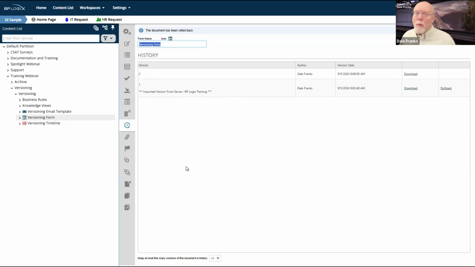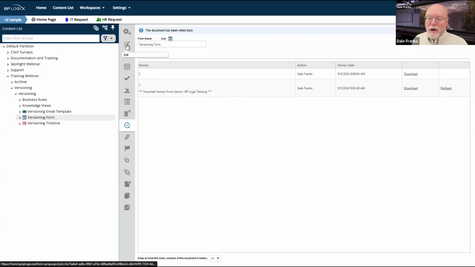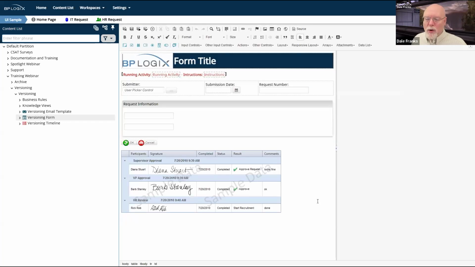If I roll back to a previous version, I better be sure that I'm rolling back to the correct version. Now, in this case, I'm fairly sure that I have rolled back to the correct version. Indeed, I have. I'm back to my 2 new controls here. But because I have rolled back, that old history for version 3, that's gone. I can never access that version again.